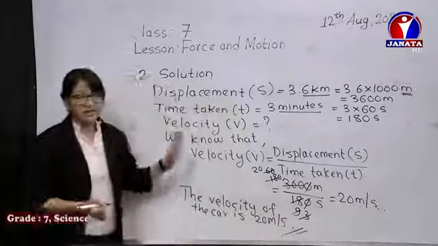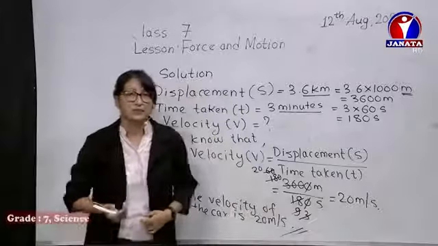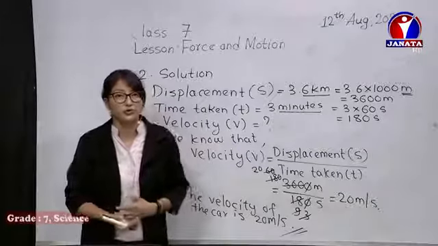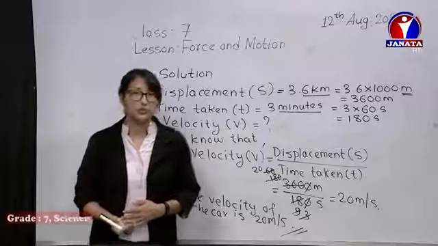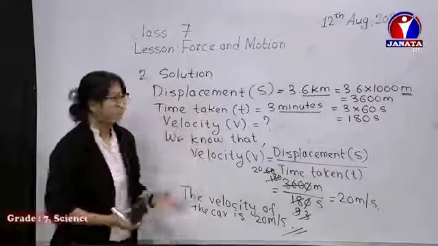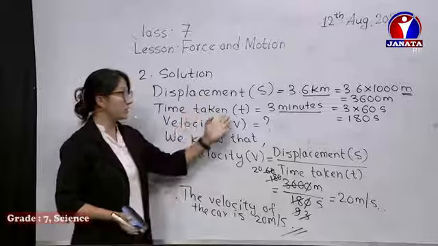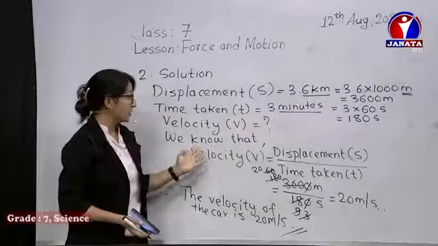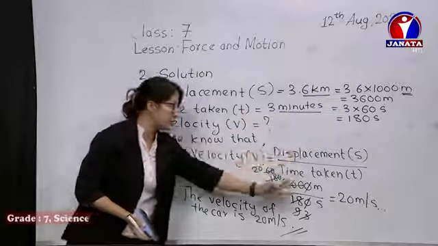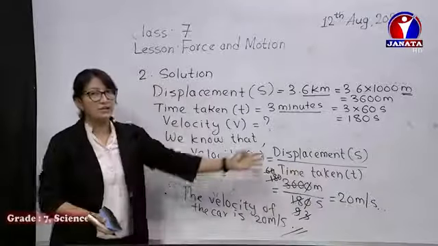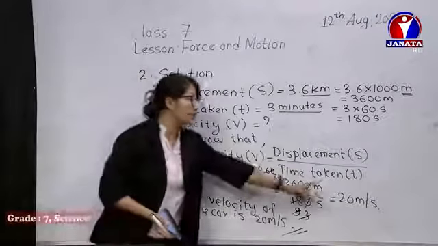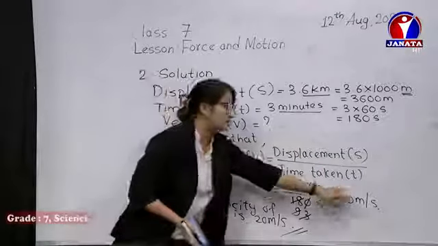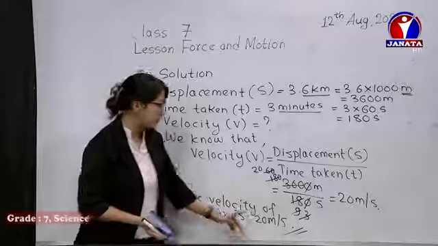Answer. So these two numericals we solved just now. We'll be focusing on a few more numericals today, so one more numerical related to velocity. I hope I made this clear: displacement converted into meter, time taken converted to second, then velocity equals displacement by time taken, calculation, and finally the answer along with the unit. You should never forget to write the unit of the answer. If you write just 20, that's meaningless. You must write velocity.